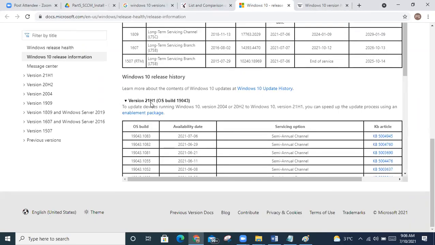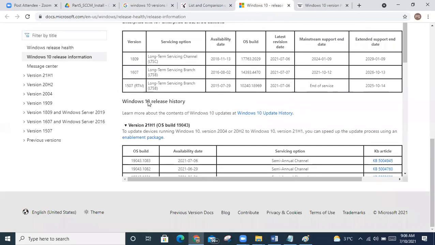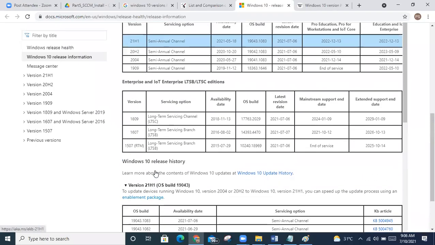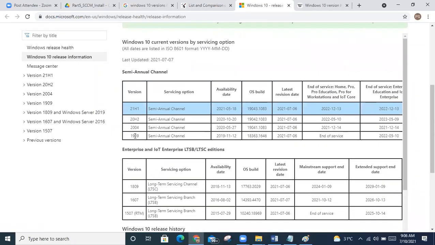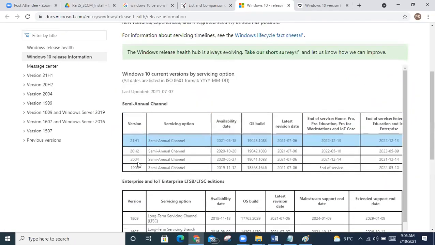Now, what is the next version that will release in the month of September 2021? 21H2. Is it clear what I'm saying to you? The next release would be 21H2. See here, the last versions they gave here, 2004, 20H2. From here, they're following the H1, H2 model.